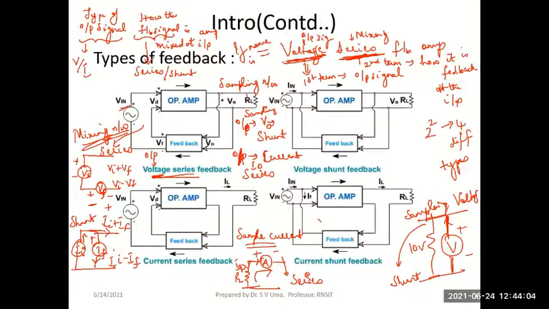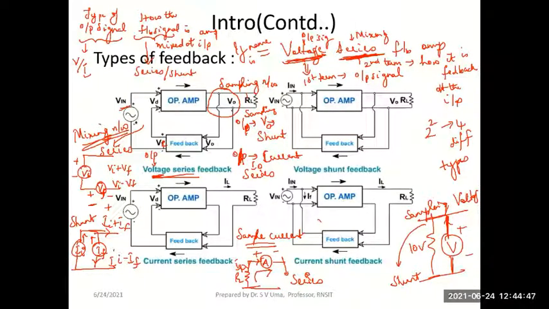Can you see there is a parallel connection across the output load in this circuit? So this is the parallel connection, as you can see. And the output voltage is sampled and brought as input to the feedback network. Now, the output of this feedback network is also a voltage. And I should take this voltage back to the input side and subtract it from the input. Here we are talking about subtraction of the feedback signal from the input because we are interested in amplifiers and not oscillators. So we are interested in using the circuit as an amplifier.